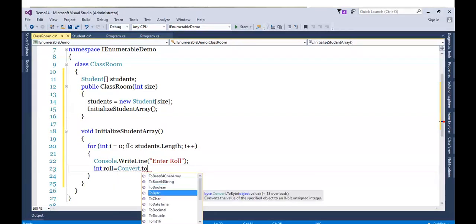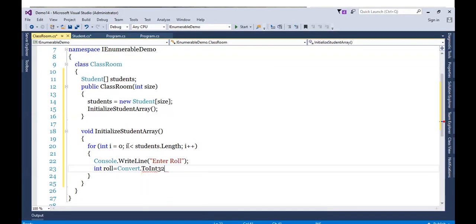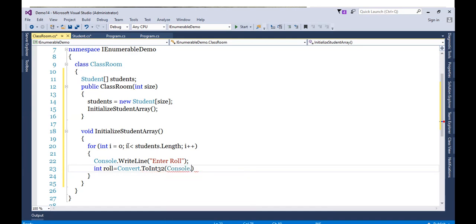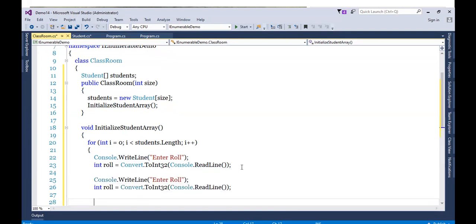Later I will correct it. Let's take here Console.ReadLine. Okay. Next, make a copy twice.